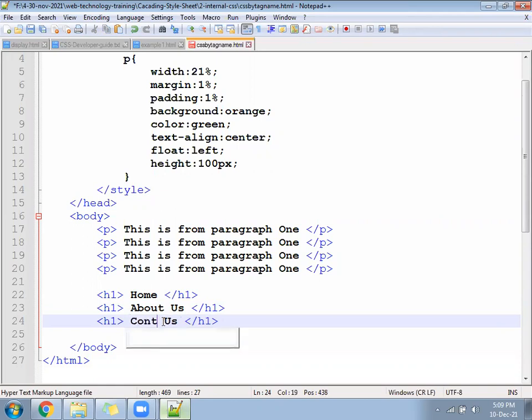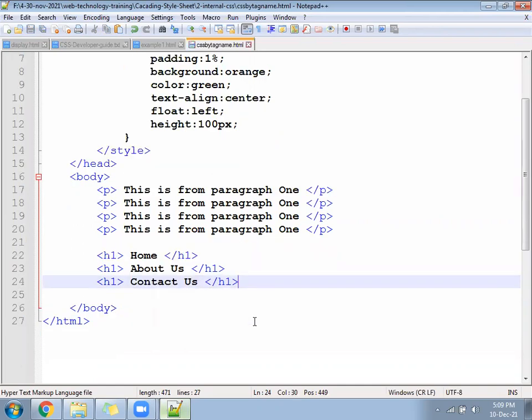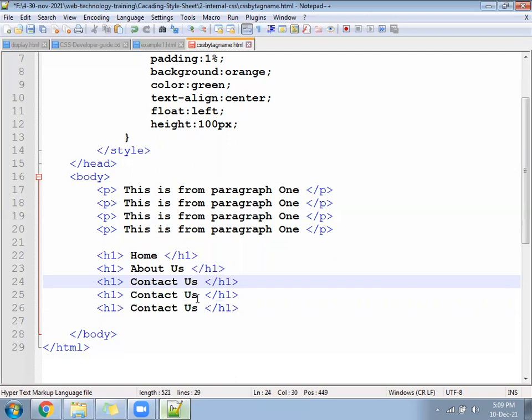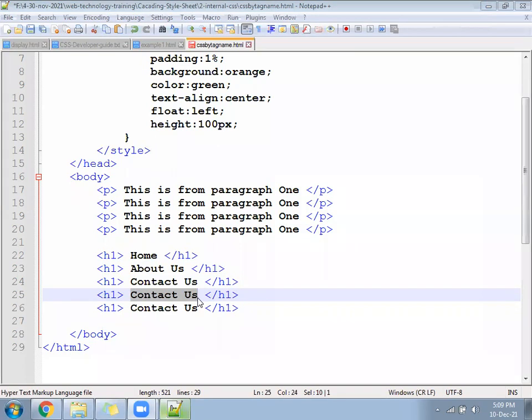We have 3 types of height. We are going to learn. After learning, your question will convert into answer automatically. Whether we should write height or min height, pixel or percentage, we have understood only height, so we'll write only height. Okay, sir. In the coming days you will come to know whether we should write height, minimum height, height in pixel or height in percentage. Clear?